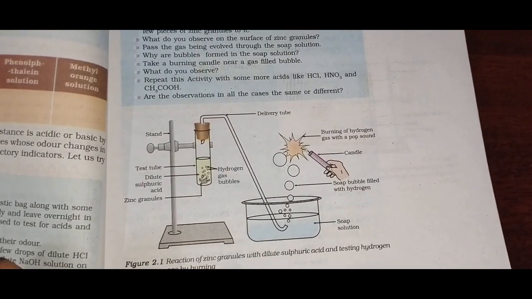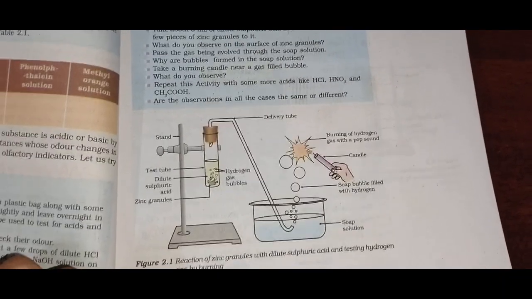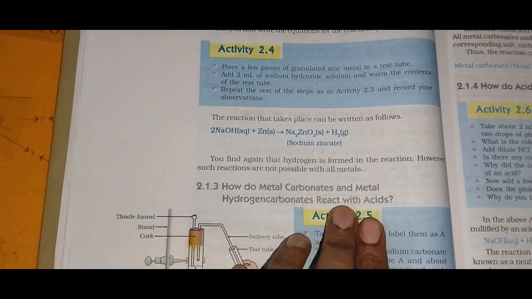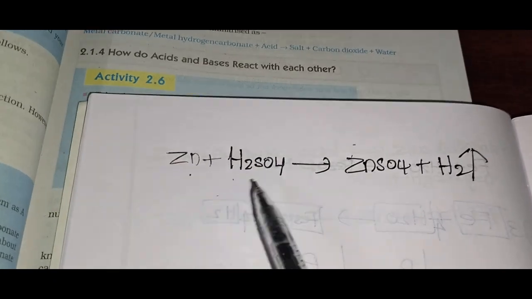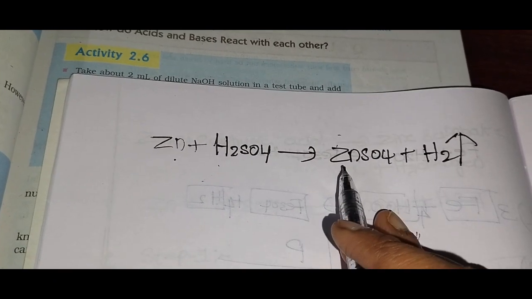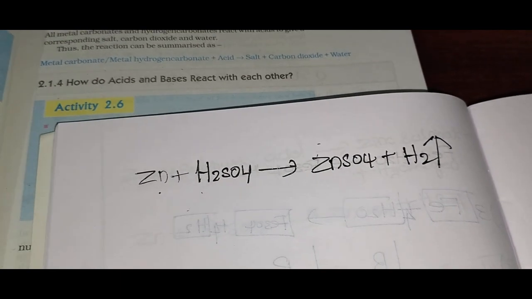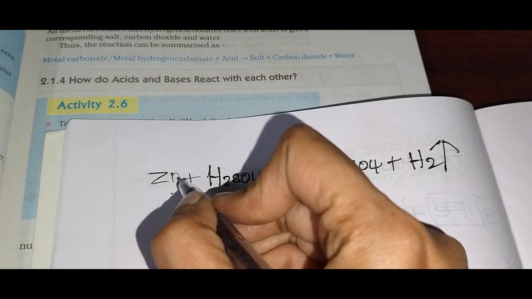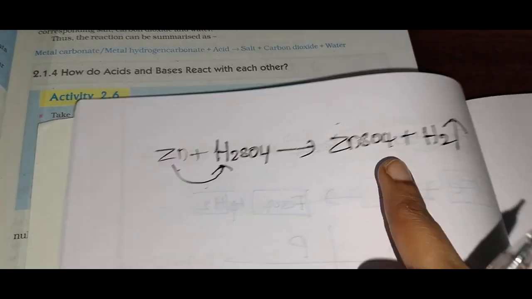What is the reaction happening here? What is the metal here? Zinc. Zn plus sulfuric acid, H2SO4. The zinc granules react with sulfuric acid to form zinc sulfate, and hydrogen gas is released. The metal in the above reaction displaces the hydrogen atom from the acid and forms a compound called zinc sulfate,